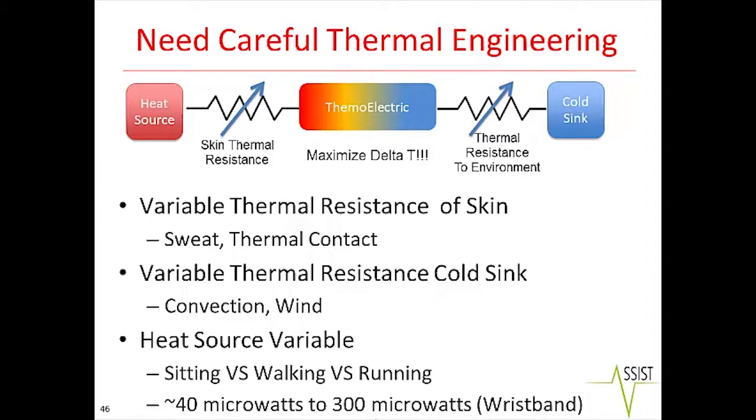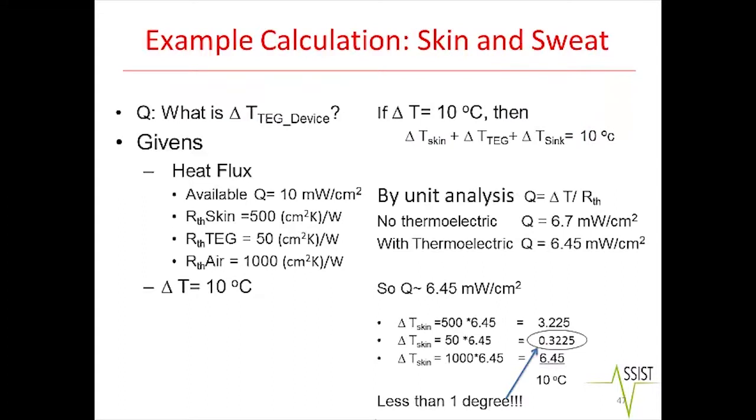You work through all this, it really looks like getting 40 microwatts today in a wristband is practical. If you're running and expending energy, boosting your heat source, and you're improving some of these thermal considerations, getting 300 microwatts is not unreasonable. So to do just a quick example, around your forearm you have maybe about 10 milliwatts per centimeter squared. These are kind of some numbers pulled out of the literature